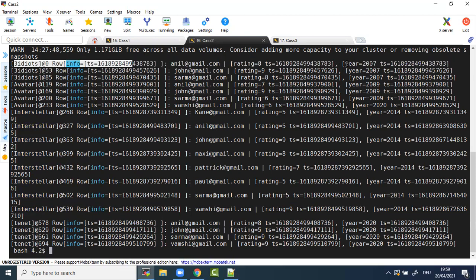Now if you notice, the point here is your year column is attached to your clustering column, right? It is under the clustering column. Super important. Pay attention here. This is your partition key, and this is your clustering key, and your year column is inside the clustering column.